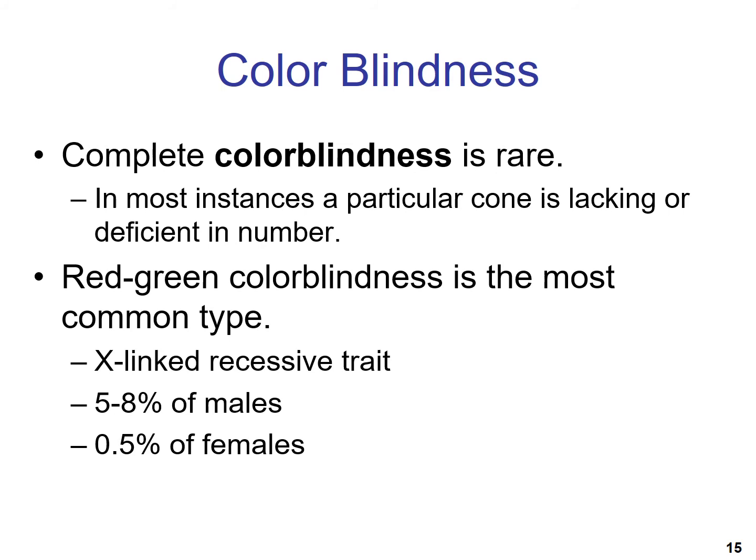And the reason why it affects more males than females is because males only have one X chromosome. And if you only have one X chromosome, you don't have a second chromosome to compensate for it. Females have two X chromosomes. If they have one X chromosome that carries color blindness and another that is a normal X chromosome, the normal X chromosome can compensate for the abnormal one. So the reason why only 0.5% of females have red-green color blindness is because they have to have both of their X chromosomes be the mutated ones.